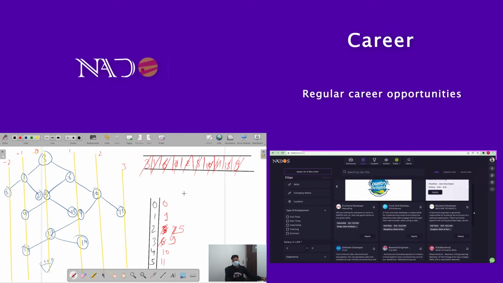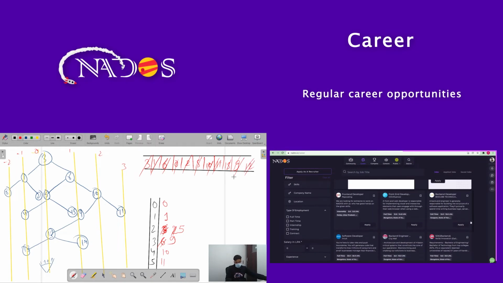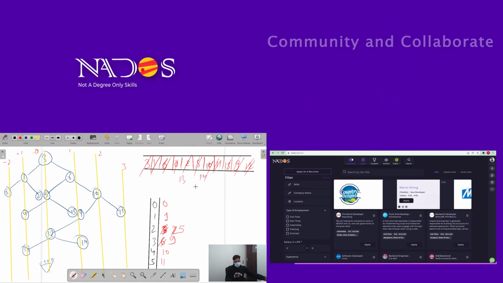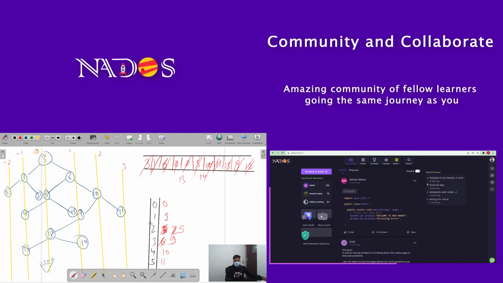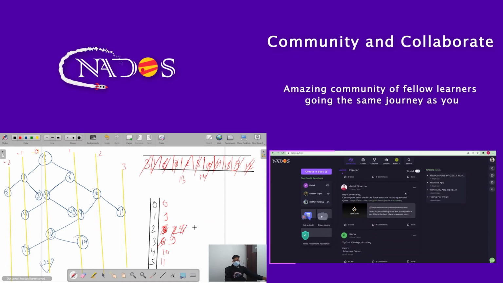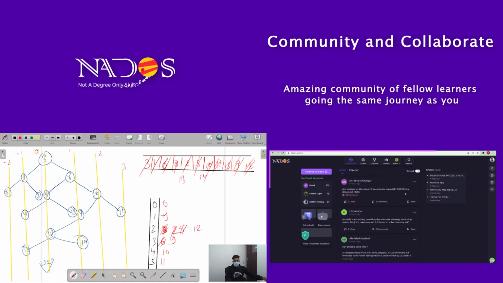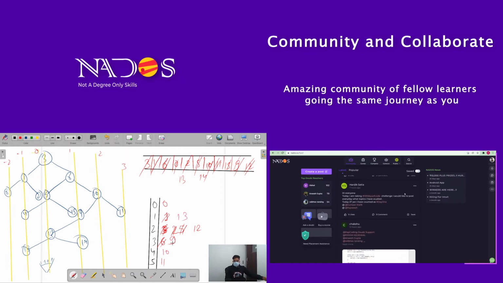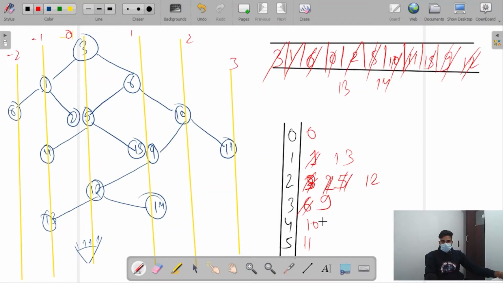As 9 has some children, we need to add them. 9 has 12, so let's remove this 12. 12 has some children, that is 13 and 14. Let's add them and update the 12 at level number 2. So we update 12 here, and 13 and 14 update the levels here and here. So I hope you get the dry run of this question. You can see that at the end, what we get in the vector is the required answer,